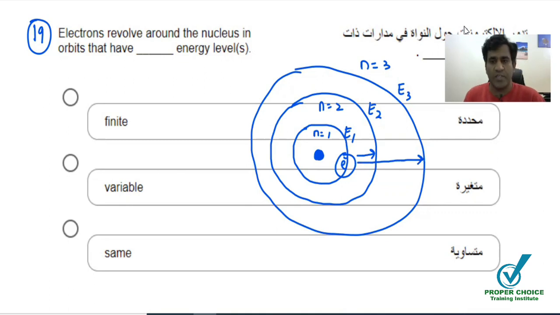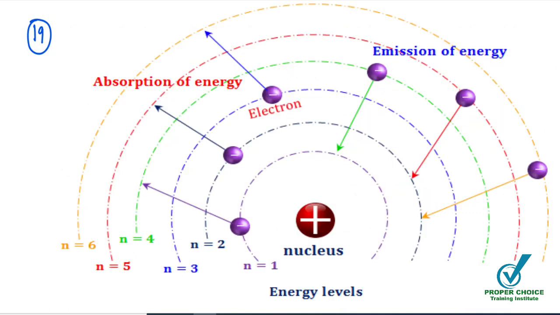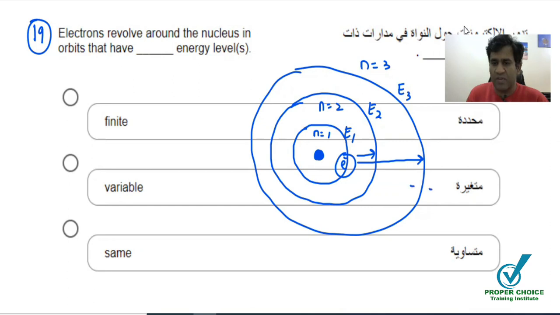While it jumps from a lower energy level to a higher one, it absorbs energy. While coming back from the higher energy level to the lower energy level, it emits light. We usually say it emits a photon, having a different wavelength. So if the electron jumps backward from the higher level, it emits light energy which has a different wavelength, and that's how it goes from the lower energy level to the higher and vice versa.